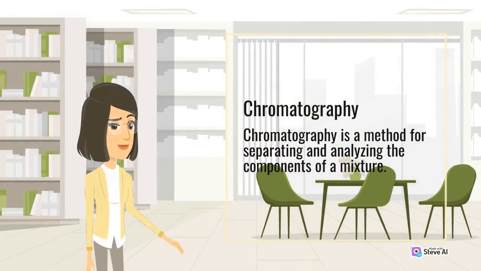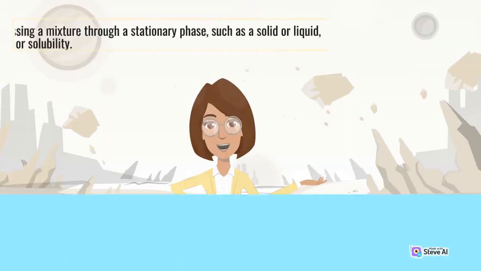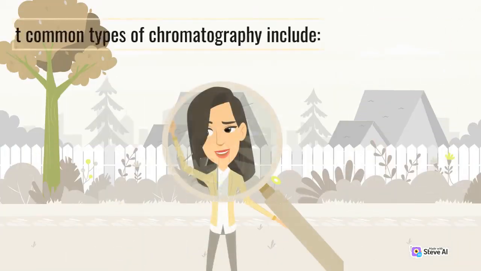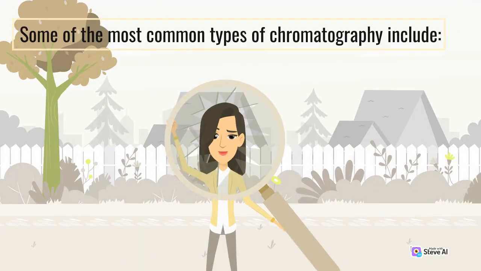Chromatography. Chromatography is a method for separating and analyzing the components of a mixture. This method works by passing a mixture through a stationary phase, such as a solid or liquid, which separates the components based on their properties, such as size, polarity, or solubility. Some of the most common types of chromatography include